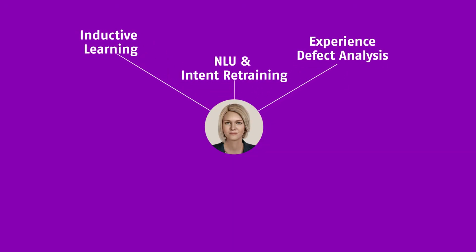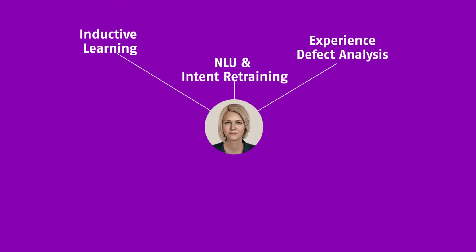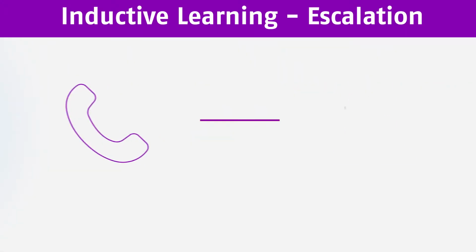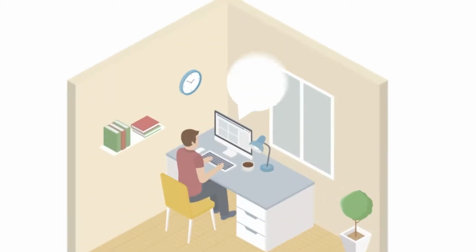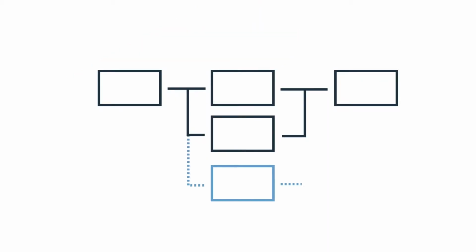human agents. Amelia has human-like learning, which consists of inductive learning, NLU and intent retraining, and experience defect analysis that go beyond the current state-of-the-art for virtual agents, which enable her to augment your existing workforce as a digital employee. By leveraging her skill called inductive learning, Amelia will escalate to a human agent on voice and chat channels, watch and learn how the human solves the problem, and create a new suggested business process to handle the event in